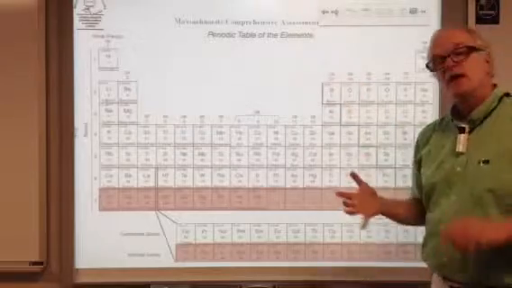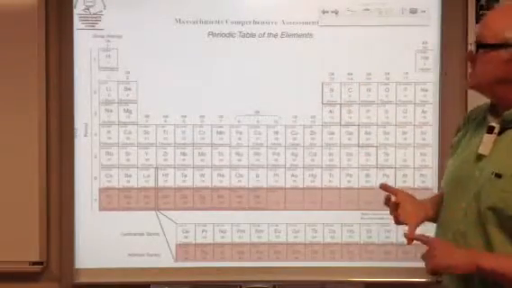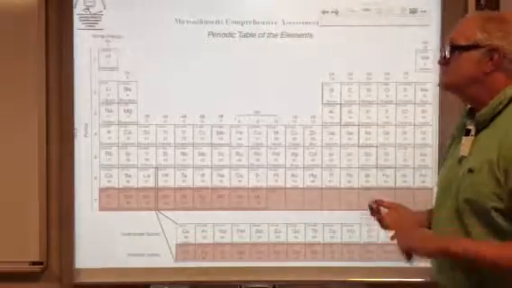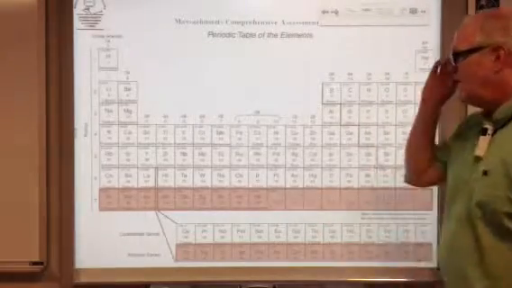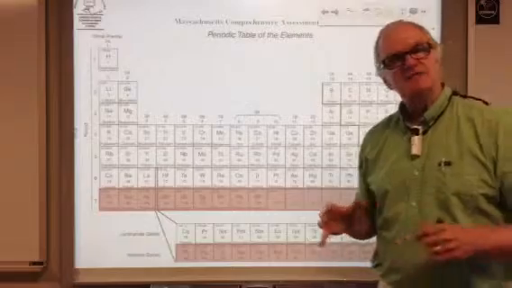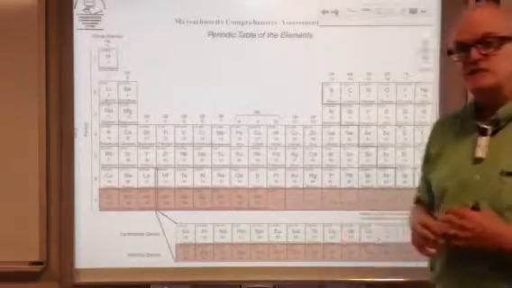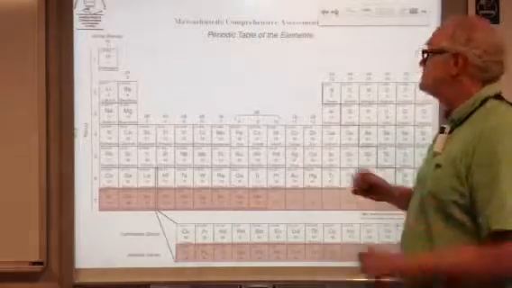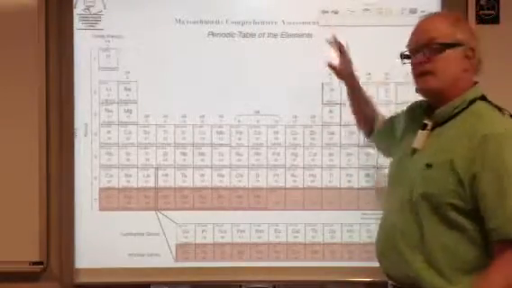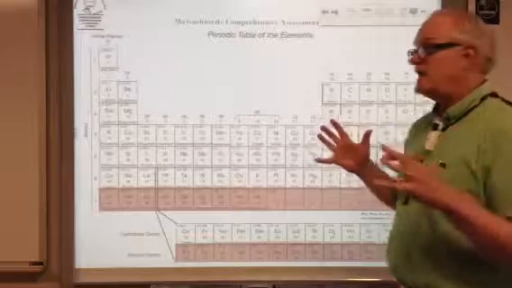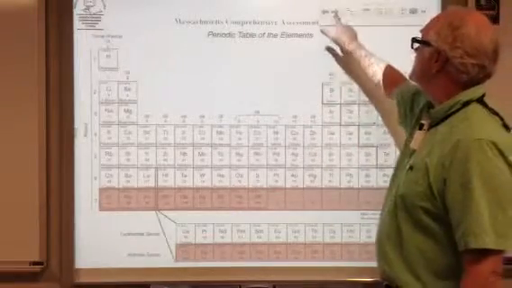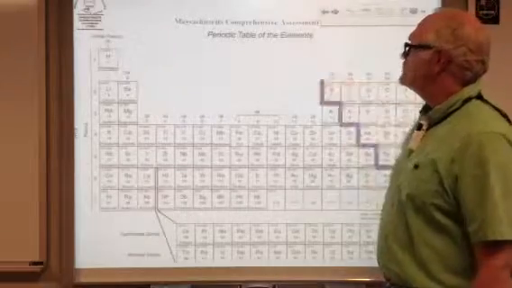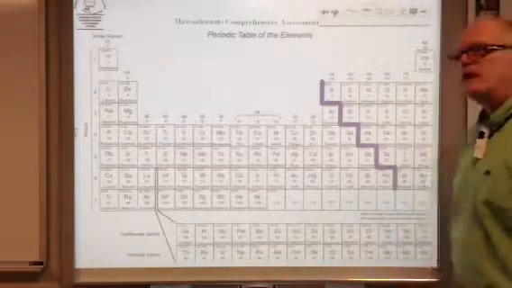All right, now, when things get organized in certain columns and certain rows, that is, certain groups and certain periods, the reason for that is so that things that have similar characteristics, common characteristics, end up in the same region of the periodic table. And so we can look for these regions and we can look for similarities in the elements that are there. And the first thing we want to do is we want to be able to tell the difference between metals